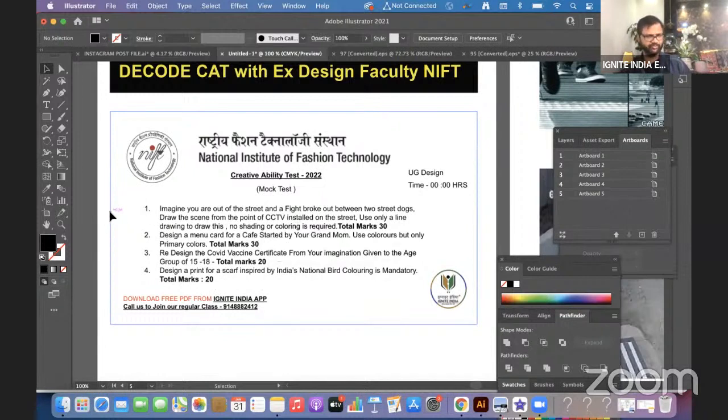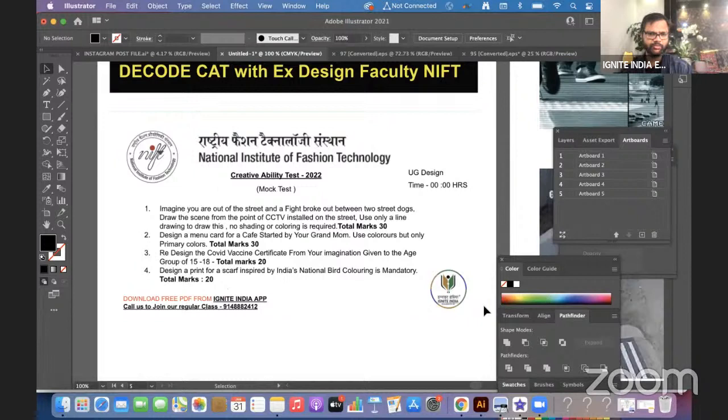But the way we see it, the first question is for 30 marks, the second is for 30 marks, the third is 20, and the fourth is 20. This is the mock test paper, and we also believe this will be the format of your mock test paper. This is based on the NIFT announcement, and there are a few questions which I want to read.